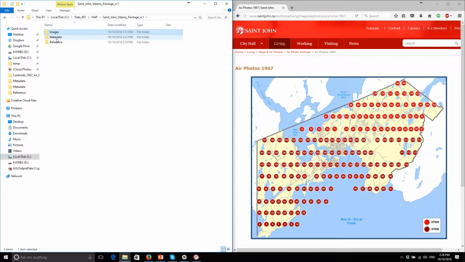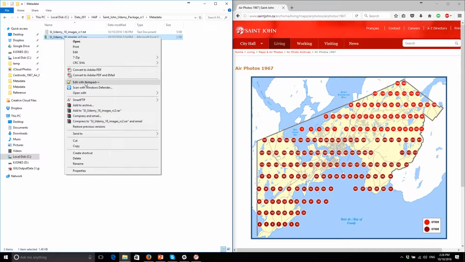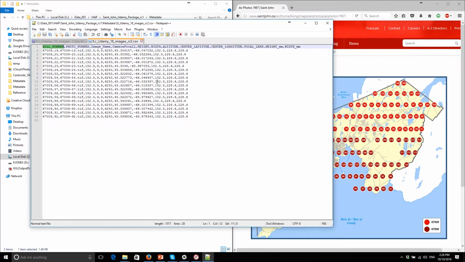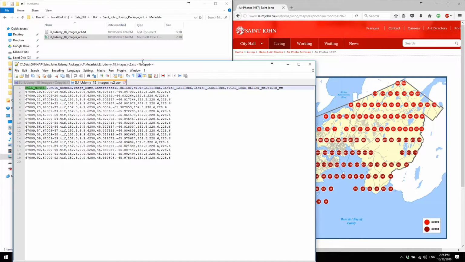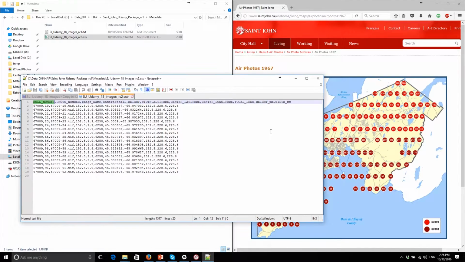If we back up to the metadata folder, what you'll see here is we have a CSV file. Now, the city of St. John provided us with the shapefile that has the actual latitude and longitude location for this project. Everything in this project is in NAD83 double stereographic. Now we converted everything to UTM, but the first thing that we did is we extracted the center point locations for these data sets and converted them to the format that the HAP system needs to be able to produce